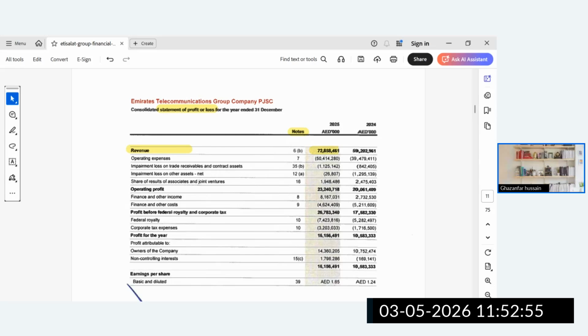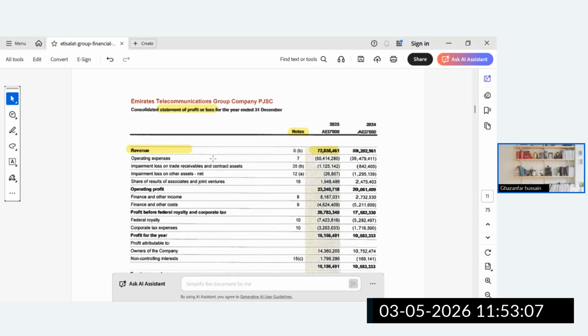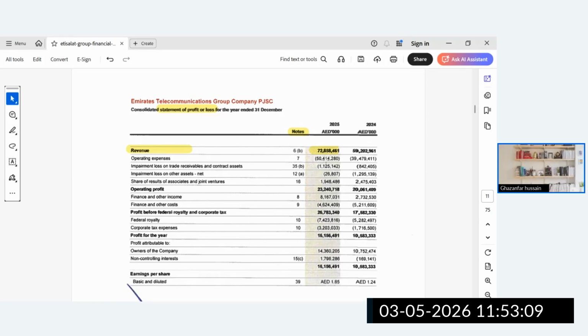So the same is the case if you see here. It is given in the same fashion. This is the operating expenses they mentioned. So we will take 72 minus operating expenses. It will be our gross profit, what we are looking for. Now the below will be, we can say, the overhead, for our easy understanding.